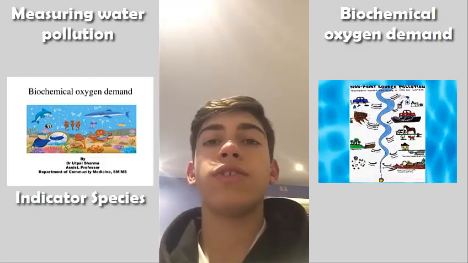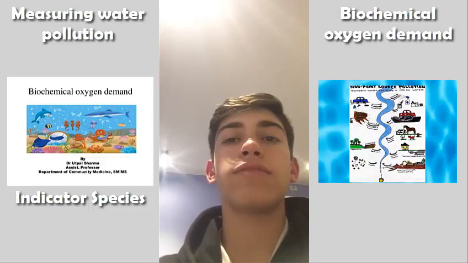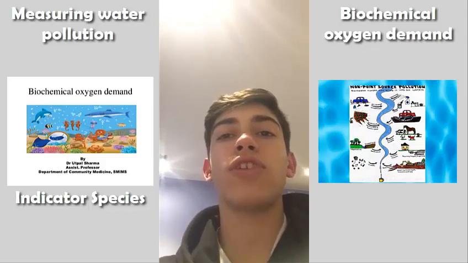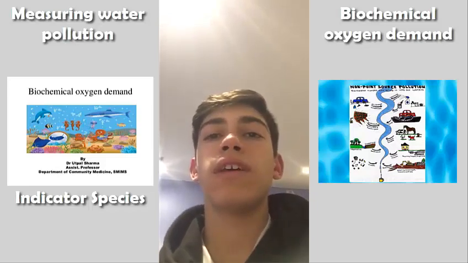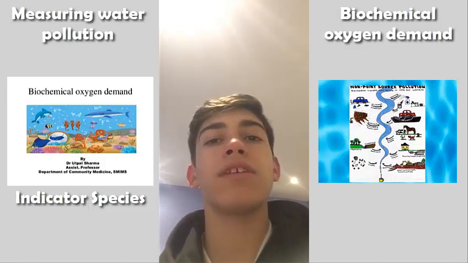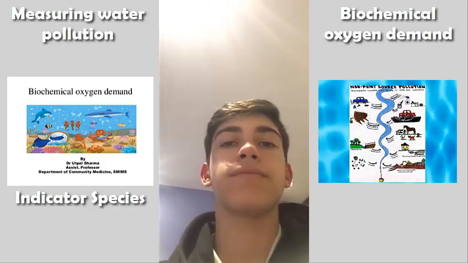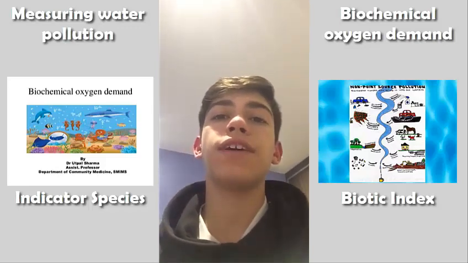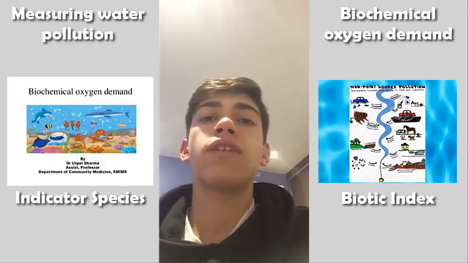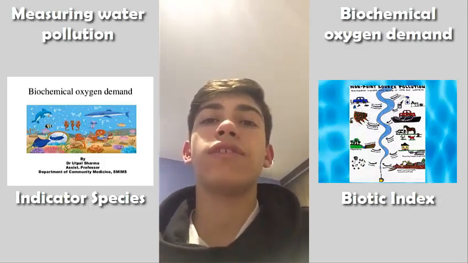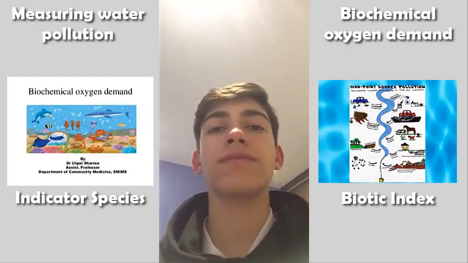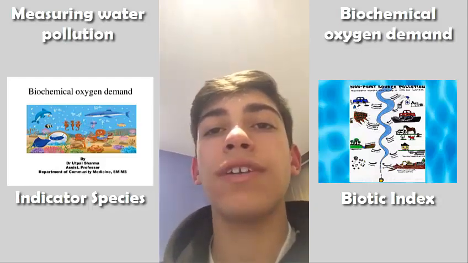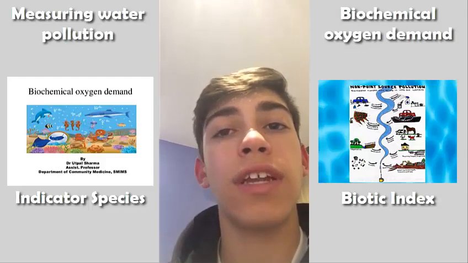The other way is using biotic indices and indicator species. Indicator species are plants and animals that show something about the environment by their presence, absence, abundance, or scarcity. A biotic index indirectly measures pollution by assessing the impact on species within the community according to their tolerance, diversity, and relative abundance. The indicator species are the most sensitive to change, so they are early warning signs that something may have changed in an ecosystem.